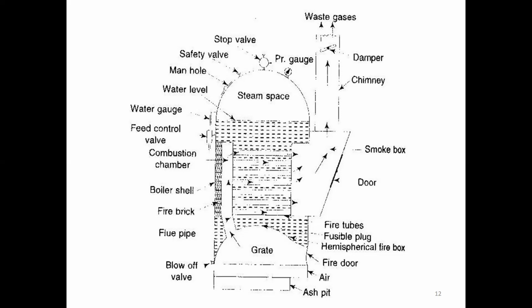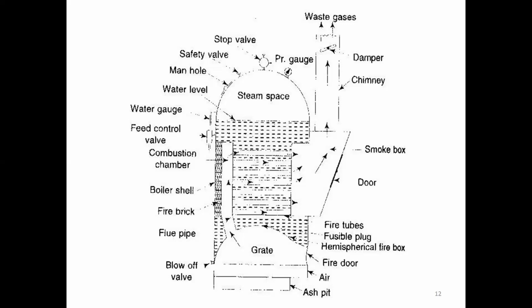Fire gases means at the ash pit, the air, the fire door and the grate. Here we are heating the gases. The hot gases are passing inside the tube, the arrow marks are passing inside the tube. So those are called hot gases inside the tube, with water surrounding the tubes. This we call a fire tube boiler. So it is a vertical boiler, a multiple tube boiler, a stationary boiler. Here we are using it on land. We can't tell that here, but mostly it will be used on land only. And it is a low pressure boiler. Like this we can classify all the 7 types.